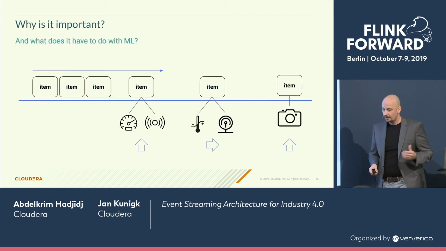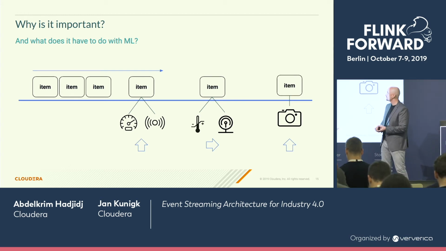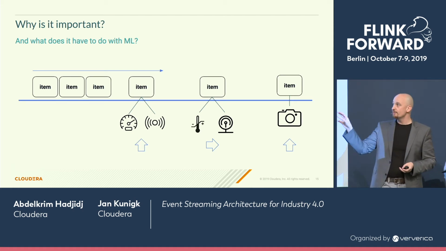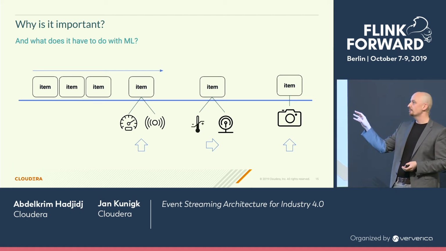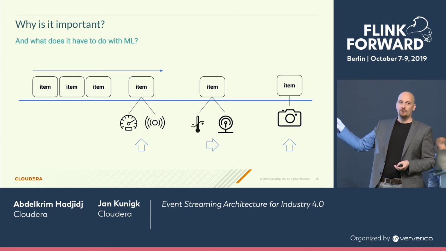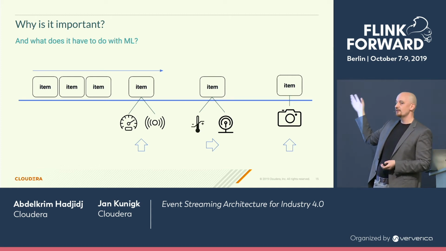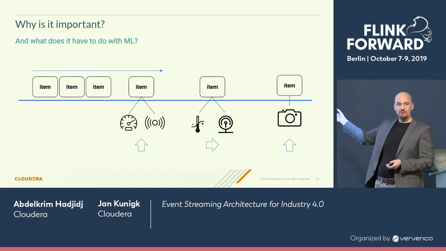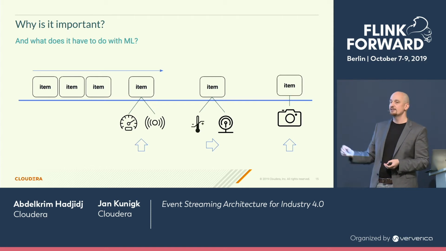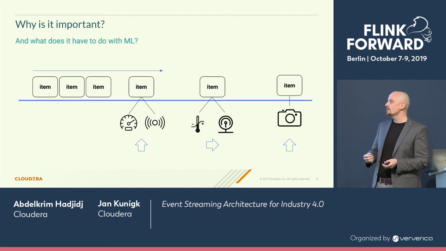So, as Abdel is getting ready and bringing up the demo, just in preparation of what you're going to see, imagine you have this manufacturing pipeline, just a schematic view. We have different sensors. I mean, this is pretty normal. We suspect that errors that we look at in the end of the manufacturing process are somehow related to rotation of the device, or the speed of the rotation during the manufacturing process, and vibration.